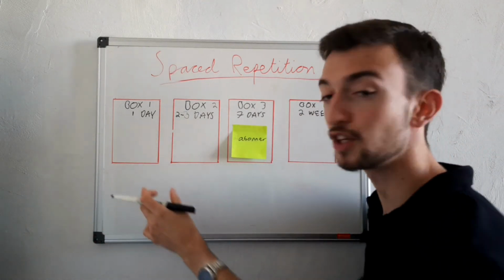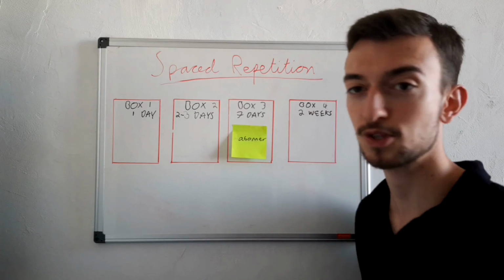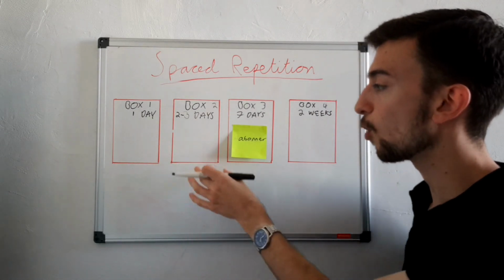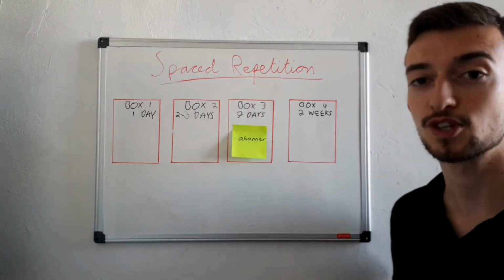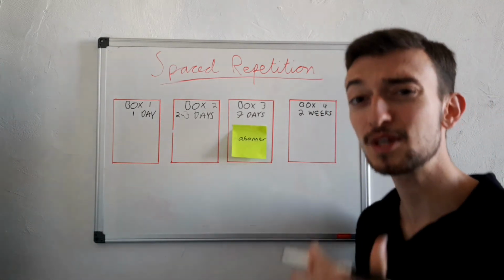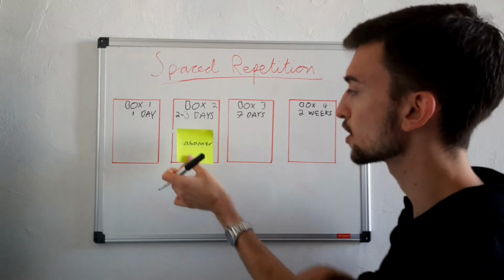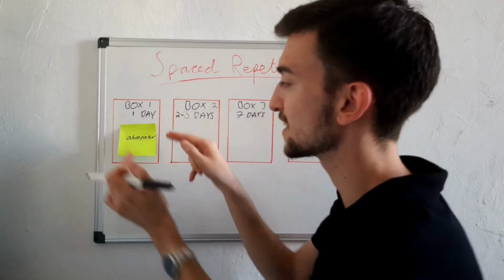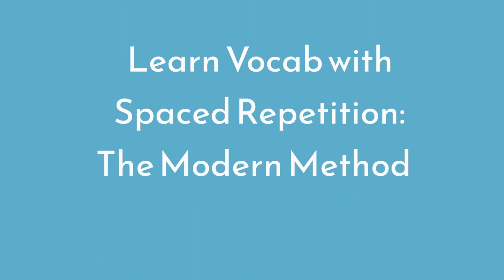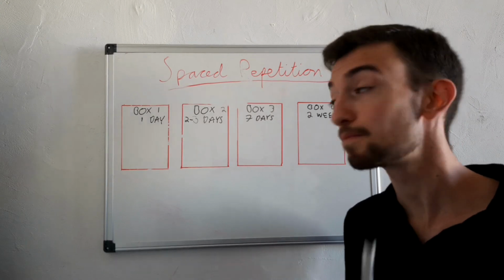So, your new words, you learn them for the first time, then you place them in box number 1, see them in a day's time. All your words in box number 2, you can see them in 2 to 3 days' time, and so on and so forth. And if you forget a word, if you find that you need to revisit a word more often, you can, of course, move it back, or move it back to the start, if you feel you need to see it again another day. So that's the traditional method, but